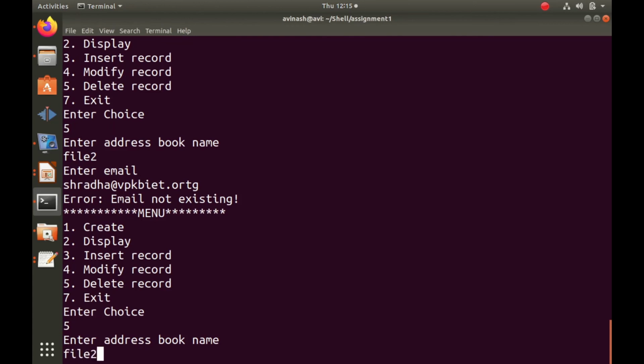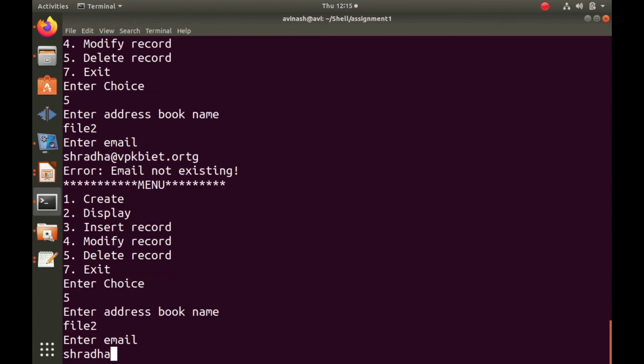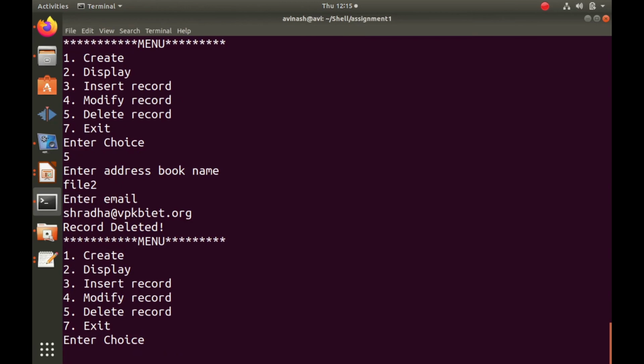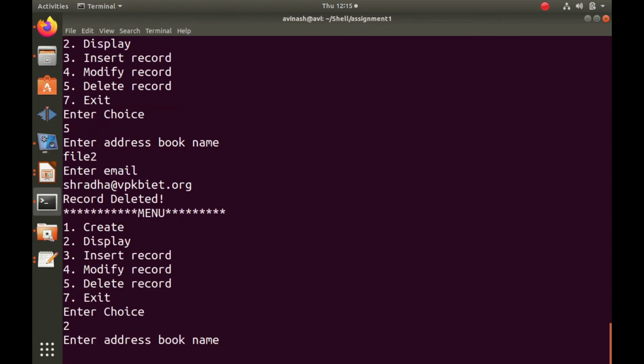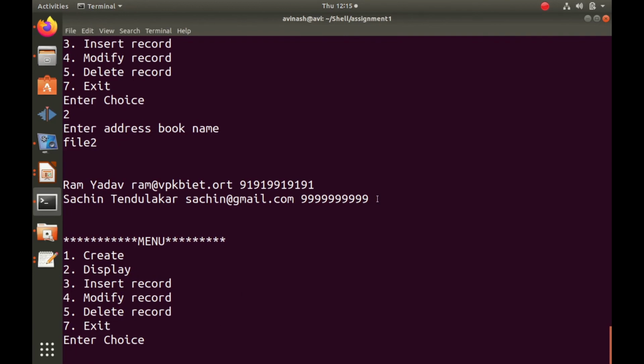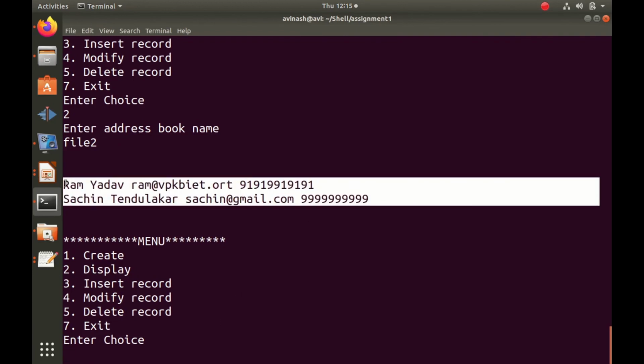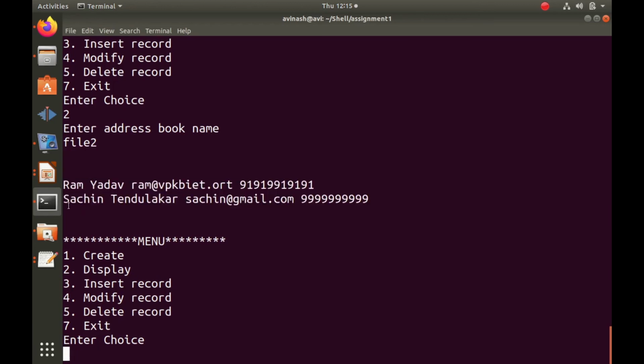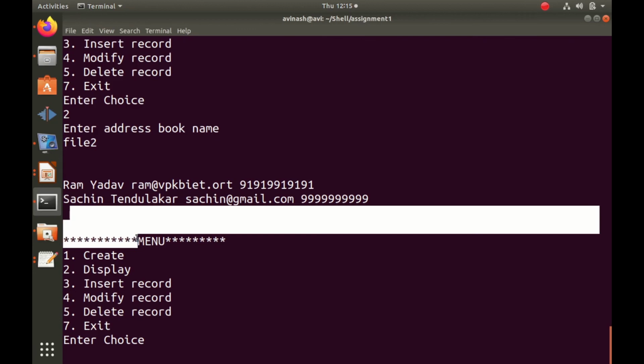File 2, @vpkbiet.org. So it is saying that record is deleted. Let us display it. File 2. Okay, now if you observe, the middle record is deleted as well as the blank line also gets deleted. Here blank line appears because we have printed those blank lines in a display function. So this is a modify and delete function.